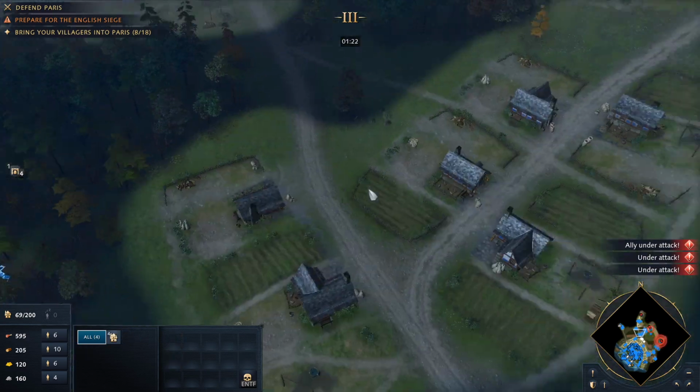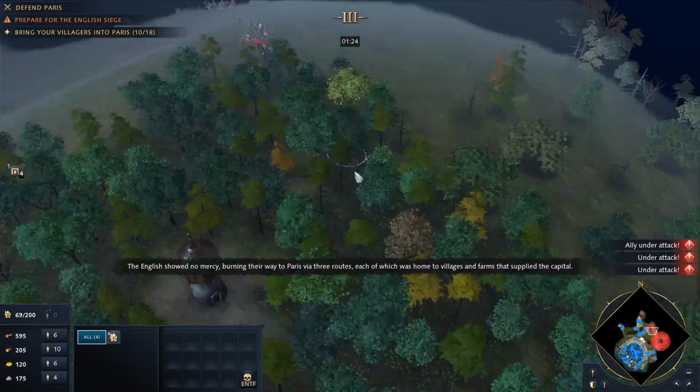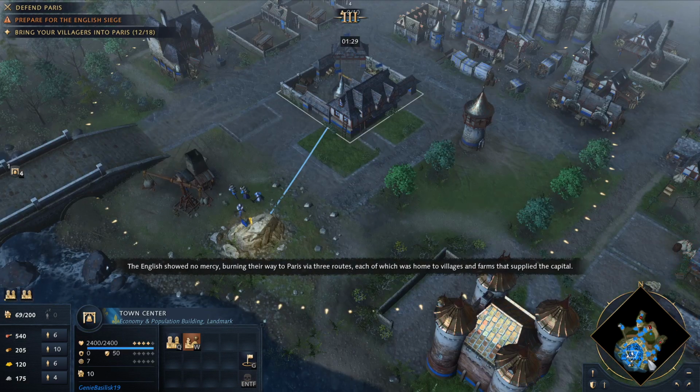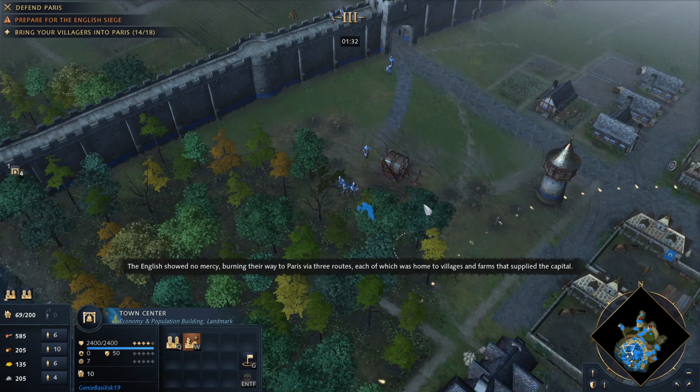Guys are in. The English showed no mercy, that's where the burning ones their come way to in. Paris via 3 routes, each of which was home to villages and farms that supplied we're gonna have lots of